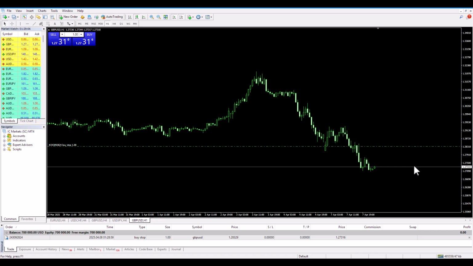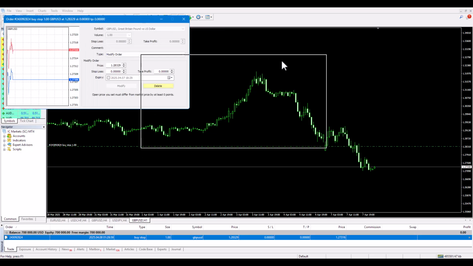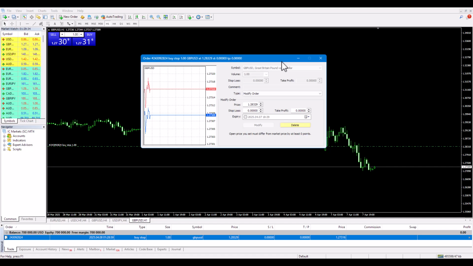No thinking needed. To enter your stop loss or take profit, go to the Trade tab at the bottom of your screen, find your pending order and double-click it. That will bring up the order modification window where you can enter your stop loss, take profit, or adjust the